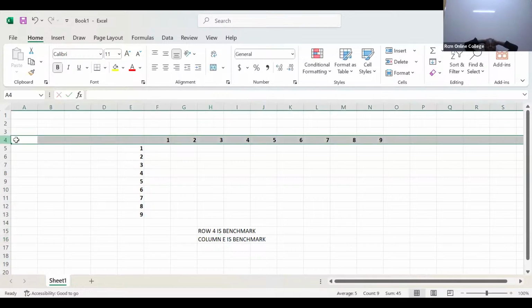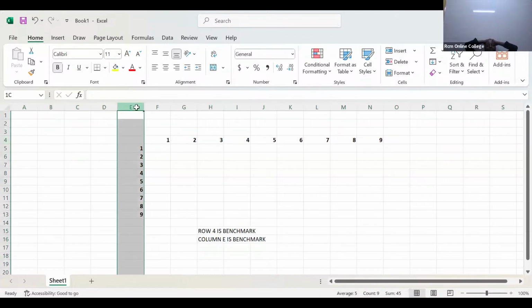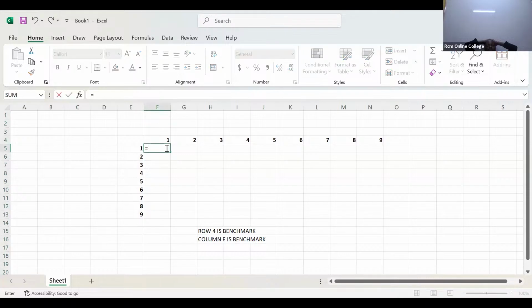Very good. Yeah, that's 4. They are titles and E. Thank you so much. Great. So let's start now the multiplications. So say equals. So pick the first one there. So in that first one, am I able to see anything that is benchmark there? E is benchmark. So before E, I have to put